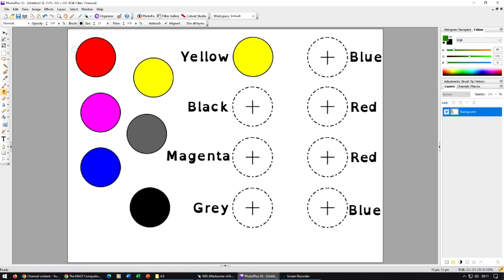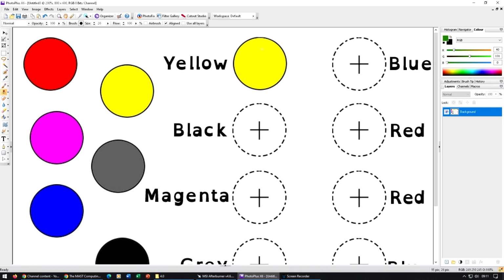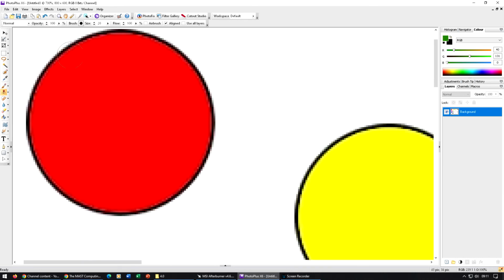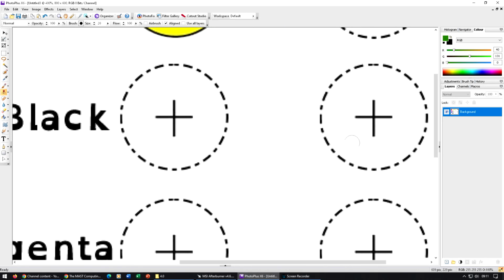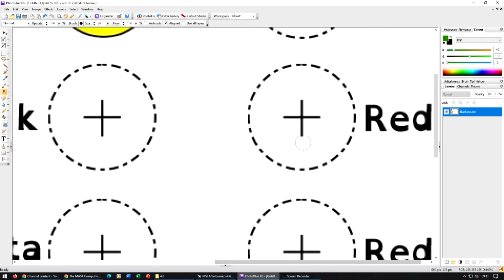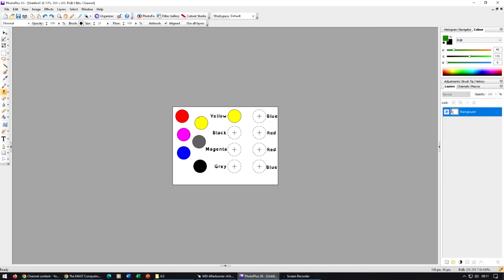So let's go in and try a different one then, and I'm going to deliberately do this one wrong this time. So say that we don't zoom in properly and we're just being a little bit lazy about it, and we go shift click there. Go over to the red, we get into this part and we paint to the edge. Now look at that, you can see that's quite a distance out. So that's not good enough, so what we're going to do is go back, undo it, go back over,